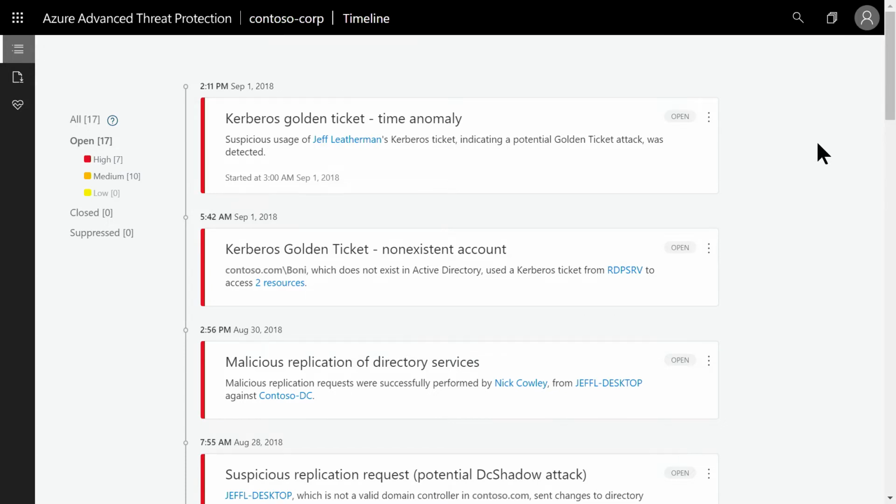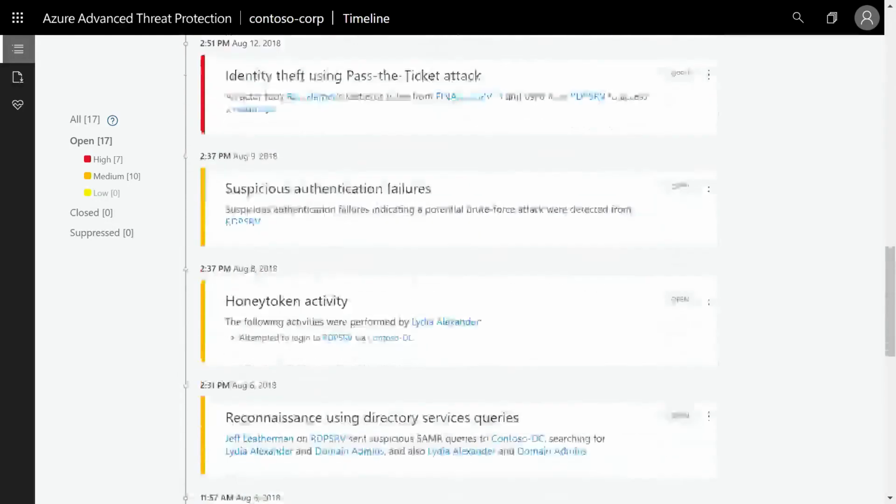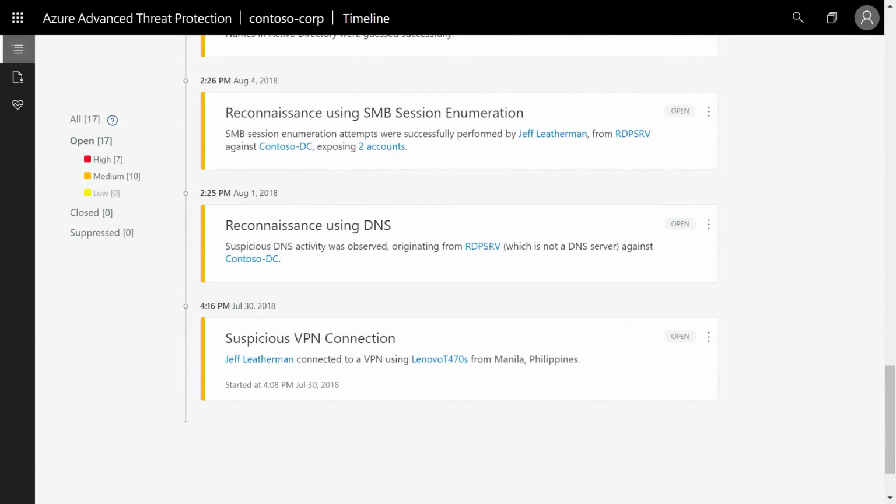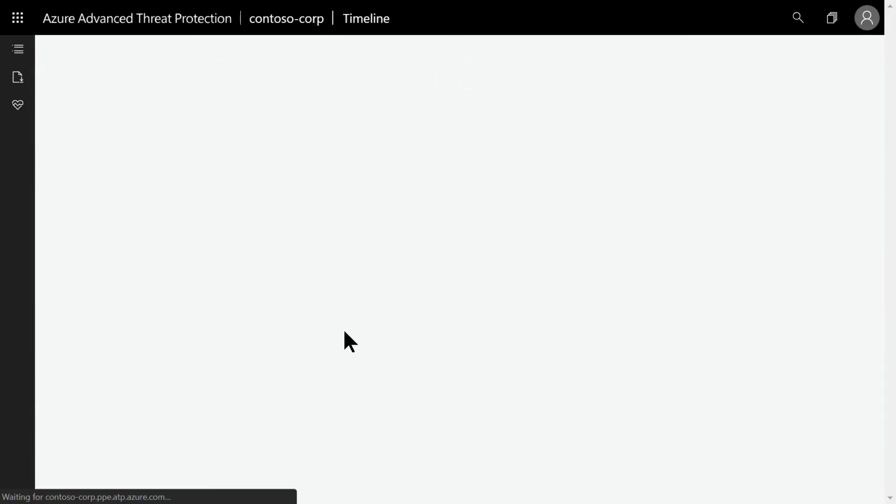So what we wanted to do is we have a simple timeline. So we know that security operations teams are very busy. We want to make sure that the alerts that we have are very high fidelity and very few false positives. So all of these alerts can be sent to your SIEM system, but we're going to go through the interface because that has the best investigation experience that we have. So if I scroll to the bottom of my timeline, I can see in this instance where my attack started. So here when I look at the suspicious VPN connection,